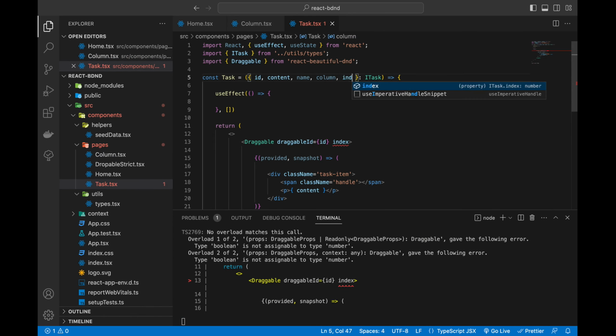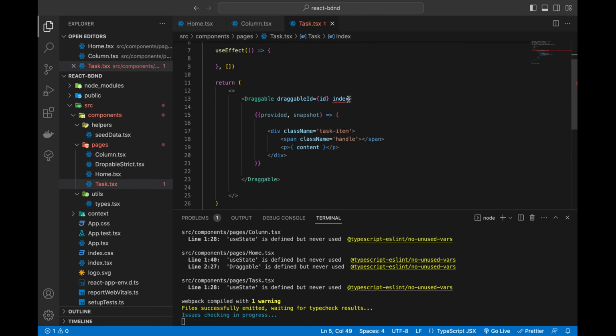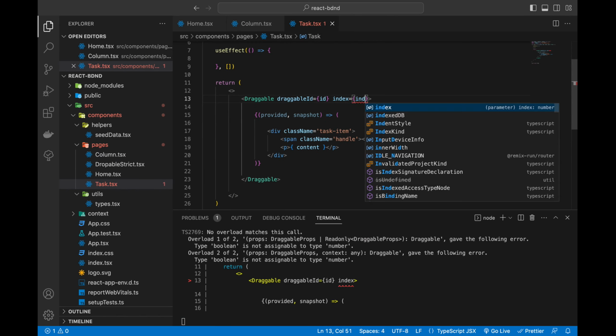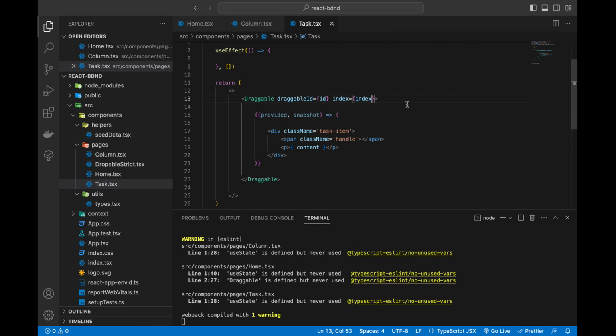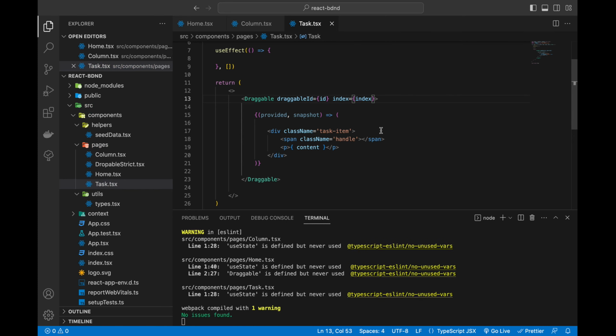We can destructure it and pass in our index to the draggable. That way it's not going to complain anymore. All right, so with that done,